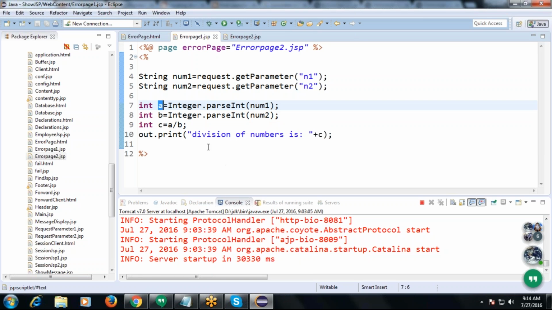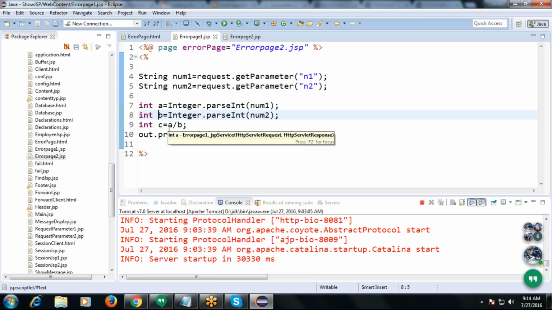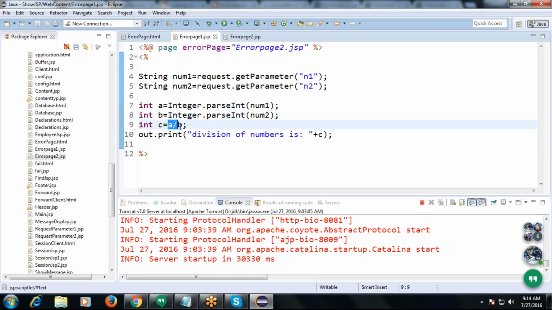Then we assign those two values into A and B. After the assignment is completed, we divide the first value by the second one.